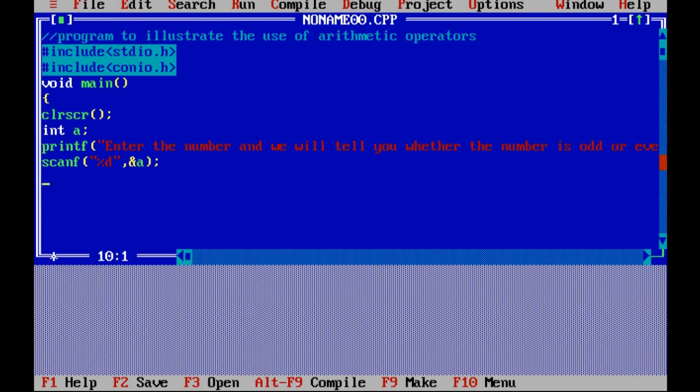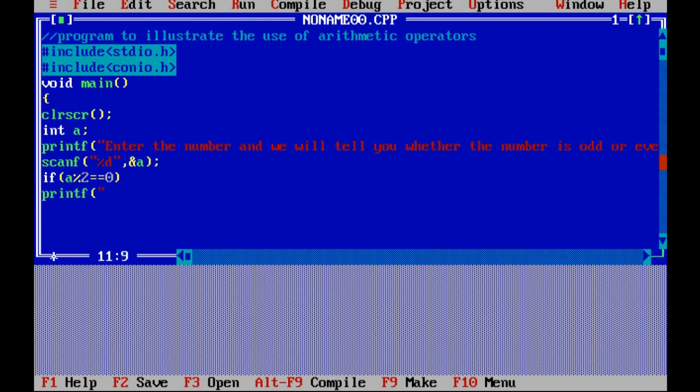Now after the scanning work gets over, I use the if statement. If a modulo 2 is equal to 1, then the number is odd, otherwise the number is even, or we keep here 0 as the remainder, then printf.